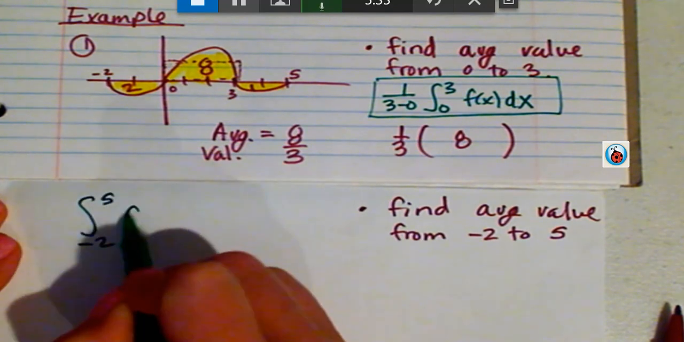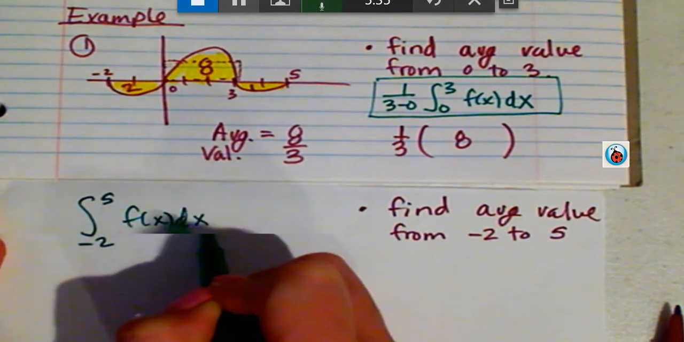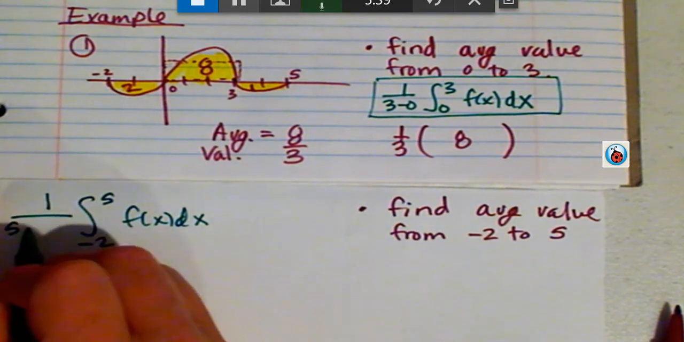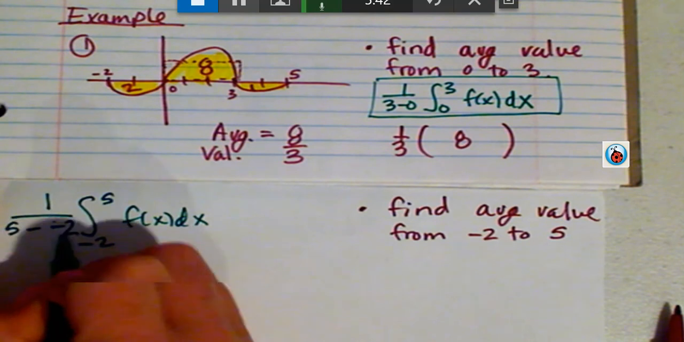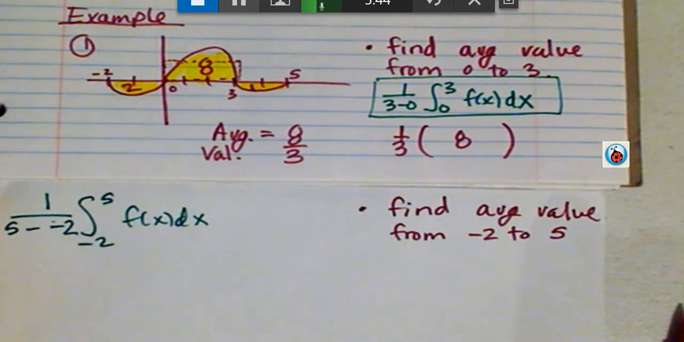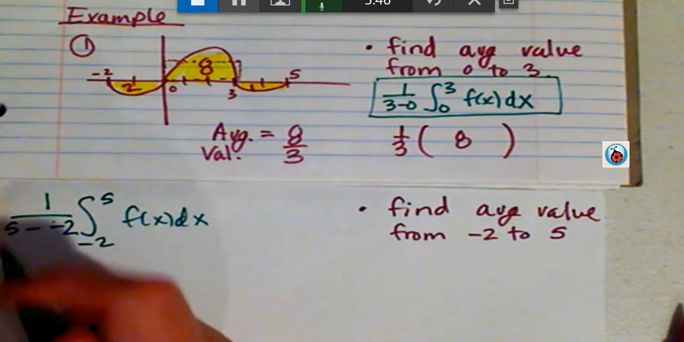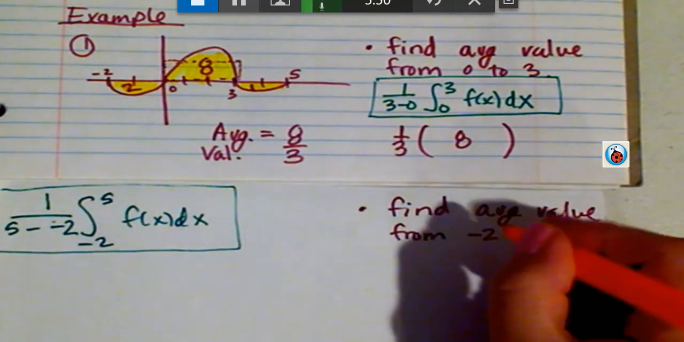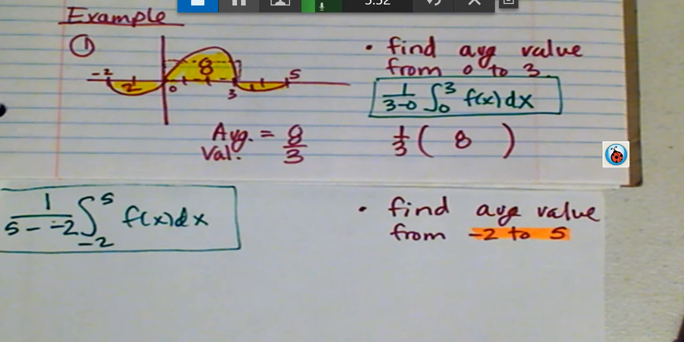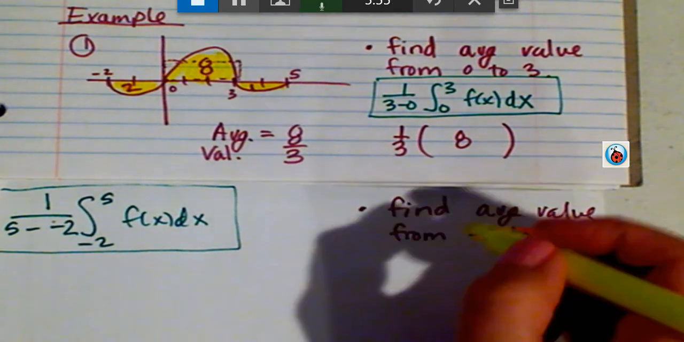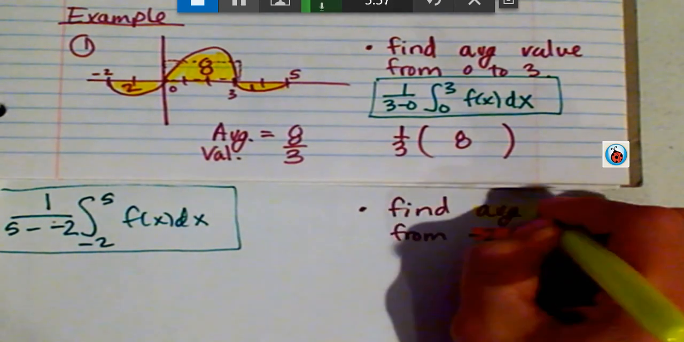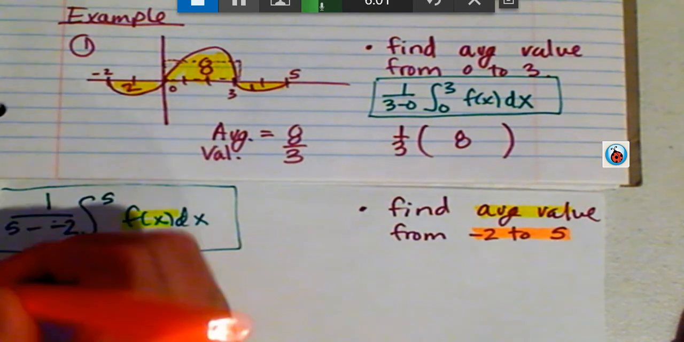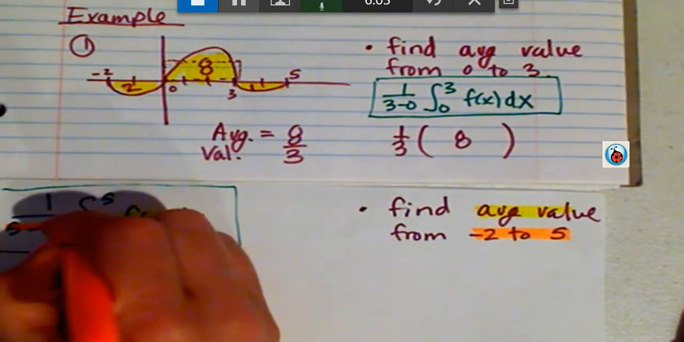-2 to 5, f of x dx, over 5 minus -2. All right, that's my formula for the average value on that given interval. See this? From -2 to 5, and the average value of f. Now that we're looking at where these pieces are coming from,